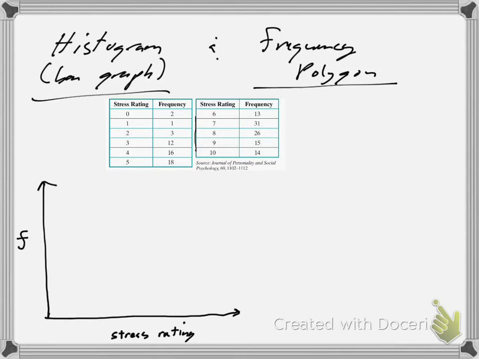And it looks like we go up to a maximum of 31. So I'm going to go with 1, 2, 3, 4, 5, 6, where this is 5, 10, 15, 20, 25, and 30 on the frequency there. And the stress ratings, we're just going to go with 1,